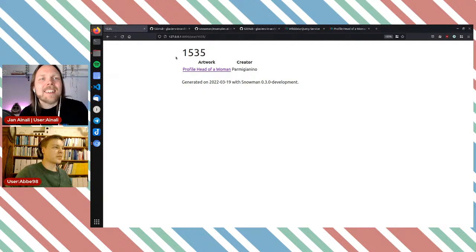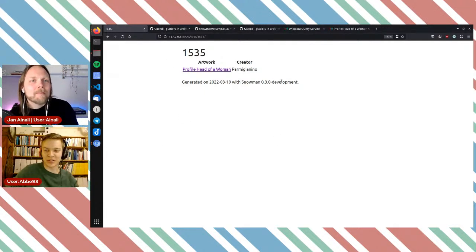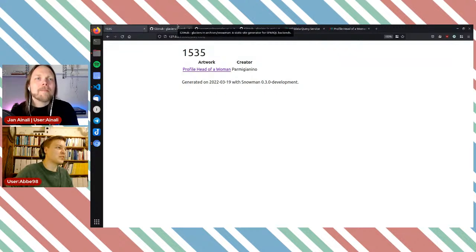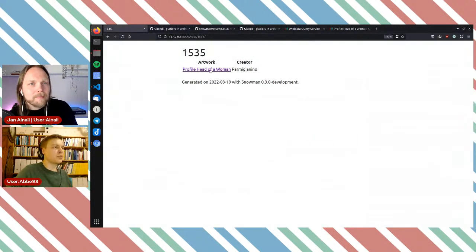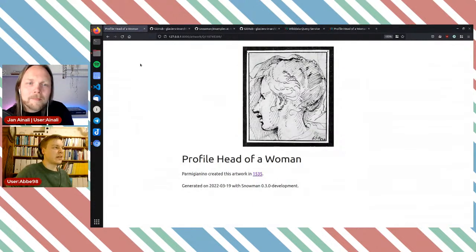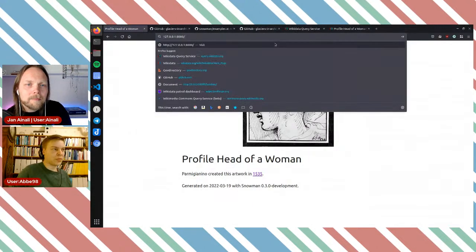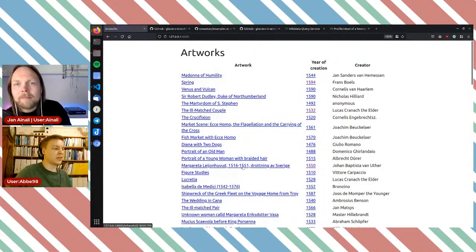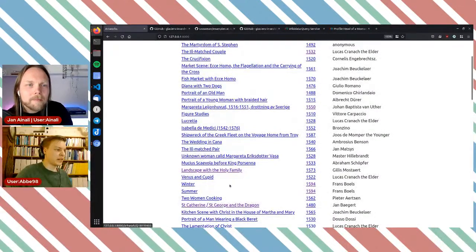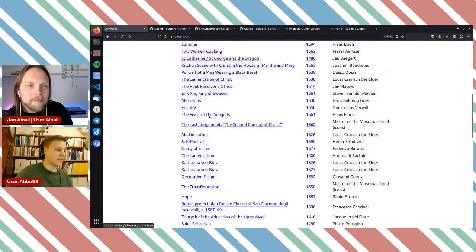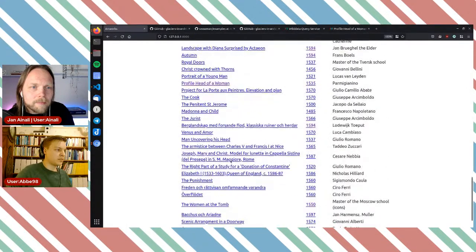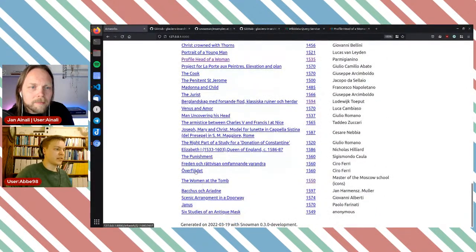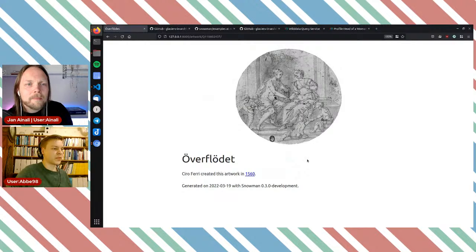There we go. So again, we haven't really gone into the styling of things here, but that's a little bit out of scope for this use case. We're using the default CSS here. And yeah, I wanted to do one more thing I realized. So if I get back to the main artwork page, I want to show some more capabilities here. We can see that most titles are in English, but we should have a couple of ones in Swedish, I imagine. This one is in Swedish, for example.